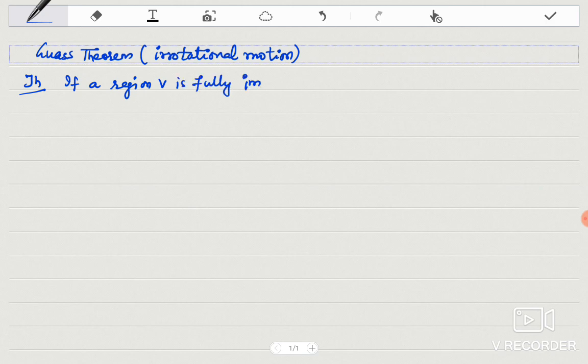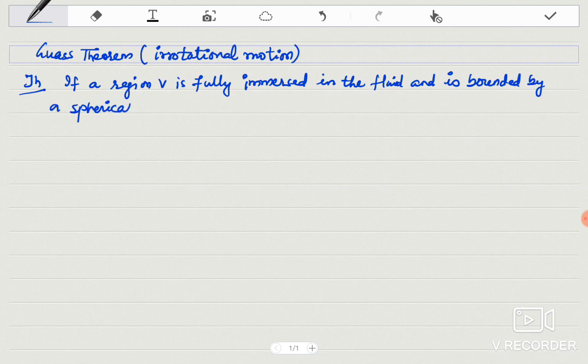That means the volume which is considered is fully immersed in the fluid, and is bounded by a spherical surface, then such that the flow is irrotational